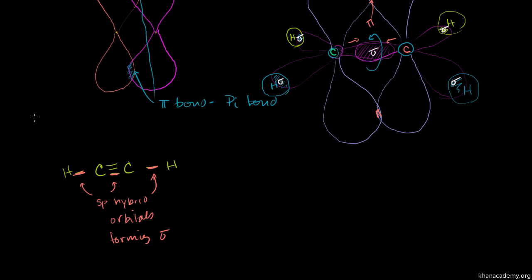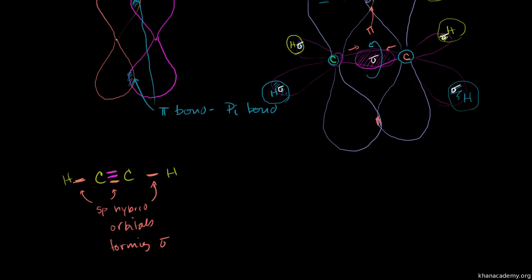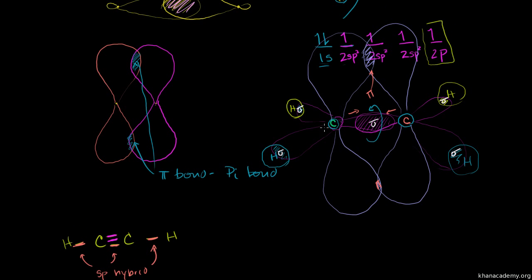And then let me do this in a different color. Both of these are pi bonds. And if you had to imagine it, you could imagine another pi bond coming out of the page, and another one here coming out of the page and into the page, out and into the page. And they too are overlapped, and you just have one hydrogen pointing out in each direction. Maybe I'll make another video on that. So hopefully